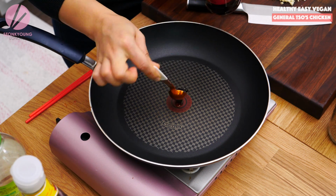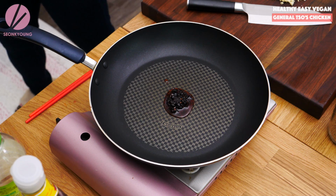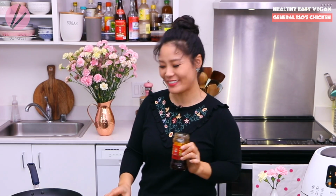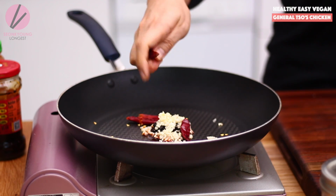To start the sauce in the pan, I'm going to add 1 tablespoon of lao gan ma, the chili oil with chili flakes. You can make my homemade version, or you can just purchase this from the store or online. The link is down below. And the chopped garlic. And some dried Thai chilies, about 2 to 5 of them. I'm gonna add 5 because